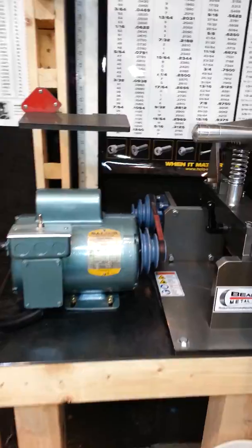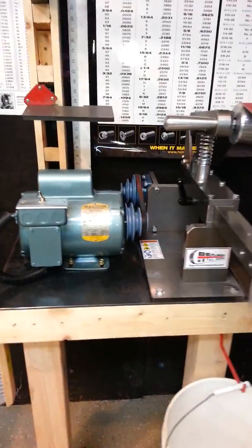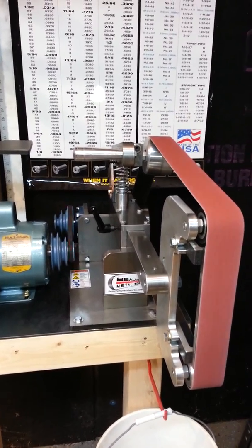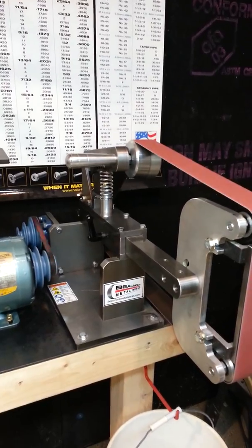So let's go ahead and fire it up. That is actually on the slow speed right now. That's the speed you might use if you were just starting a grind, or if you were using a small